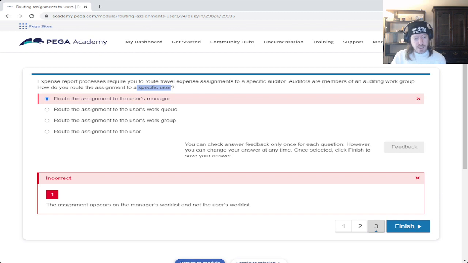Yeah. Assignment appears in the manager's work list and not the user's work list. Well, that's true, but the manager can pass it on to the user. Like I said, if the user is overworked, if you have a user that has work getting piled on them, 10 assignments, 15 assignments, 20 assignments, and they're going, I have too much work, what are they going to do?